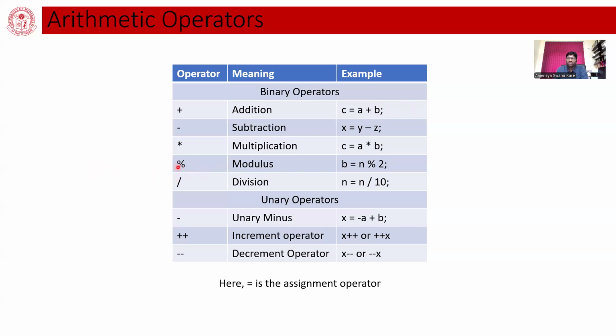For the modulus operator, we use the percentage symbol. For multiplication, we use star. And for division, the division symbol will be used. The C language also